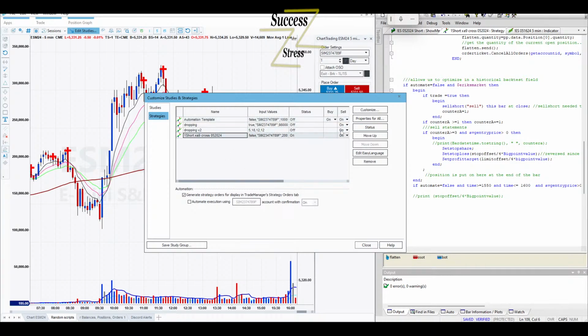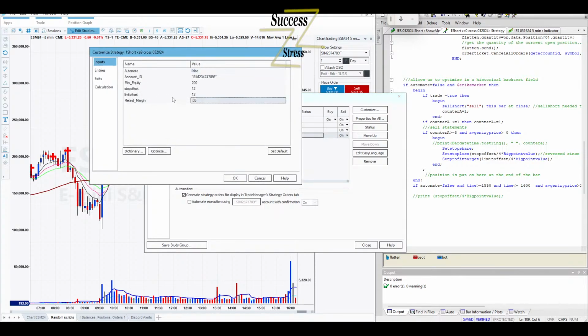So we're taking this, we need to turn it on, status, automate false, sim 212, and now we want to optimize just by clicking on this, going to optimize.